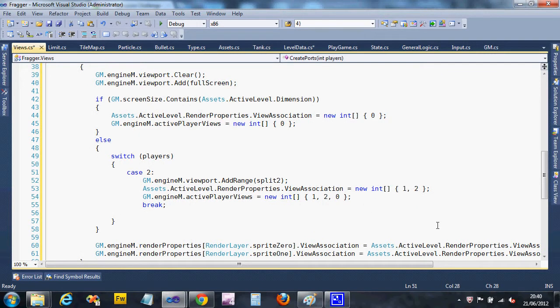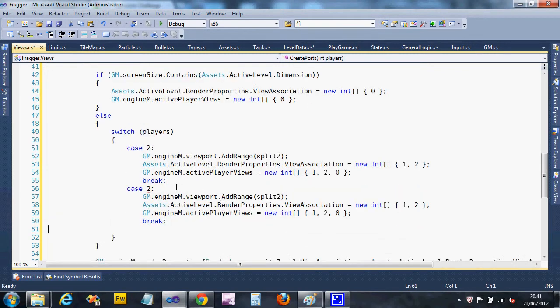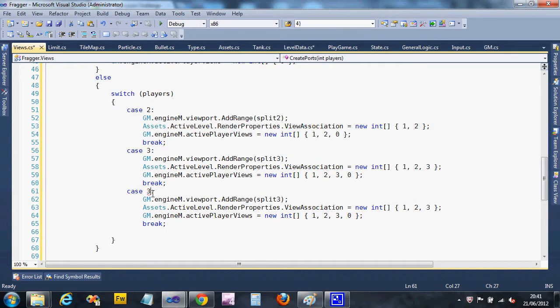Now the code's going to be pretty much the same for the other 3 and 4 players, so I'm just going to copy it for 3 and change the 2 to 3. Now we're going to use split 3. That's going to be the range of viewports, viewports 1, 2 and 3, and we want to render player 1's view, player 2's view, player 3's view, and then the full screen view. Okay, I'm going to copy that again for 4 players, change the 3 to a 4,